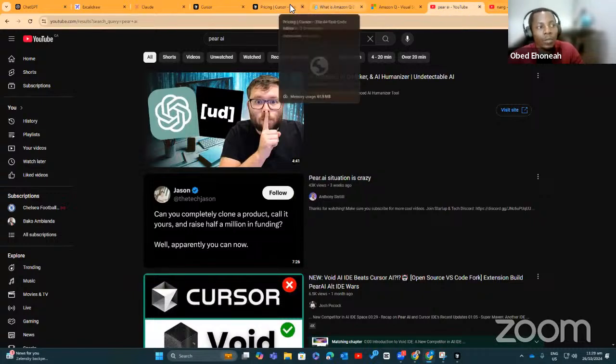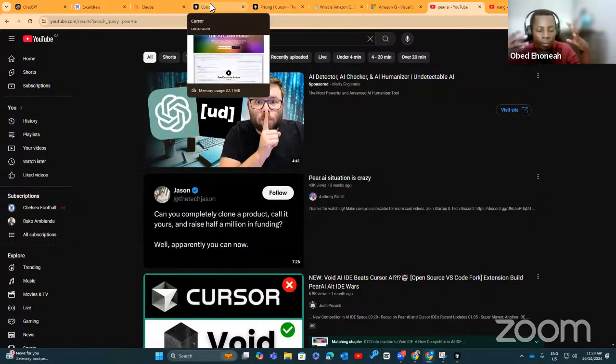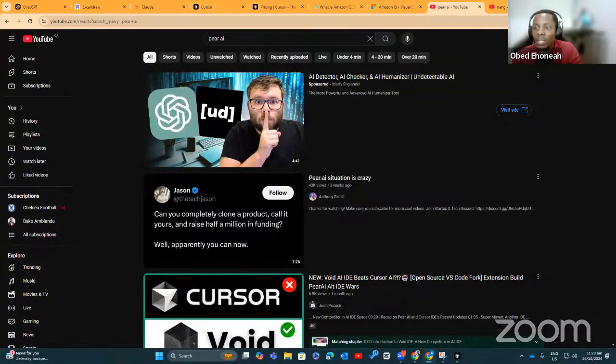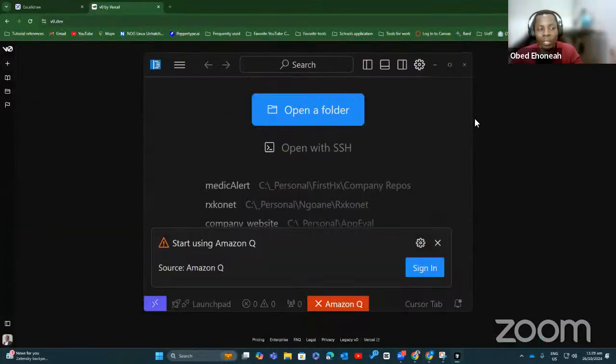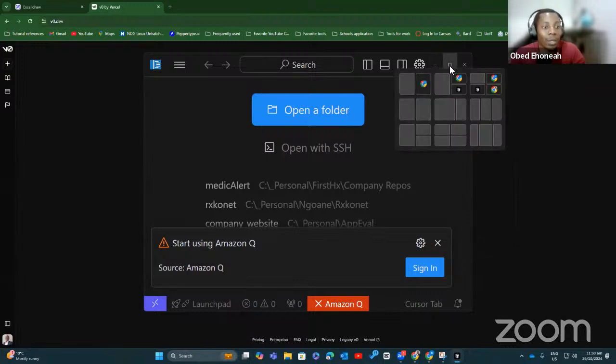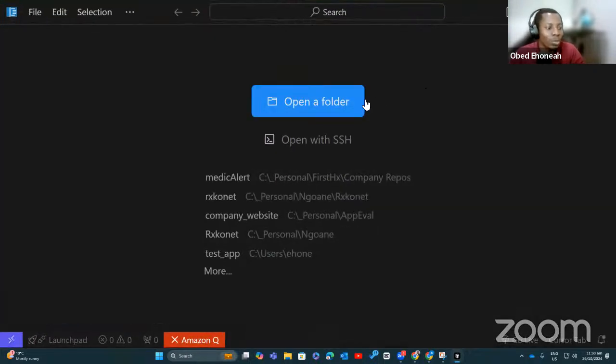Okay, so you can also check out their products. All of these tools are just a fork of VS Code. VS Code being open source means that people can just grab the whole code base and build something into it. So you are using a new tool, but it is essentially VS Code in the background, polished up a bit. That's why I still love using it, because I'm so used to VS Code.